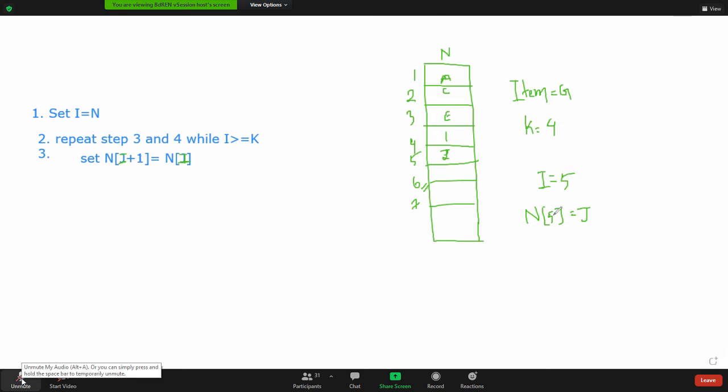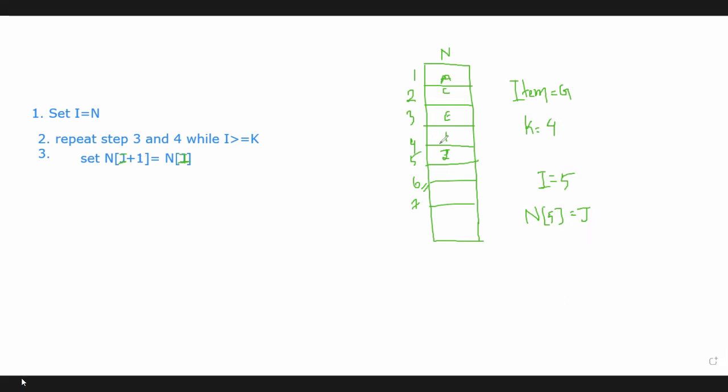When I equals 5, the data item of that position will be shifted to I plus 1, that is, the 6th position. So now j will be shifted here. An empty space has been created in memory location 5. So what is our next step? The next step is step number 4: set I equals I minus 1. So what is the new value of I now? The previous value was 5. So after step 4,